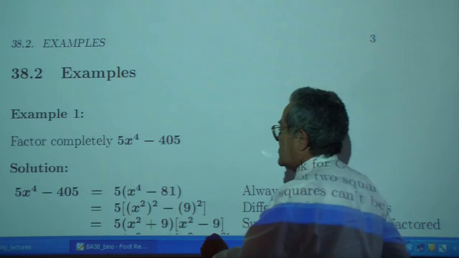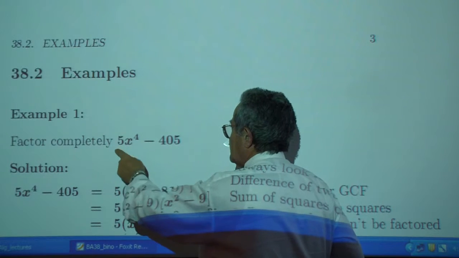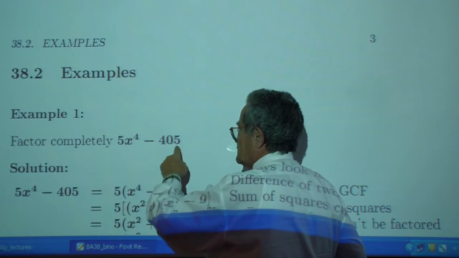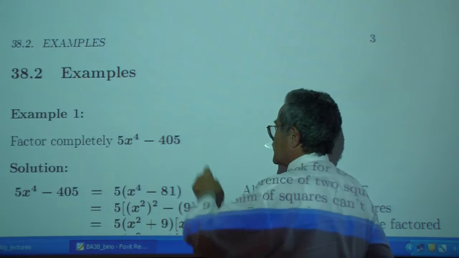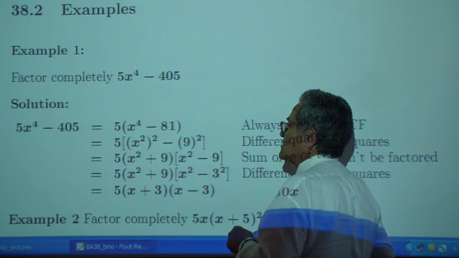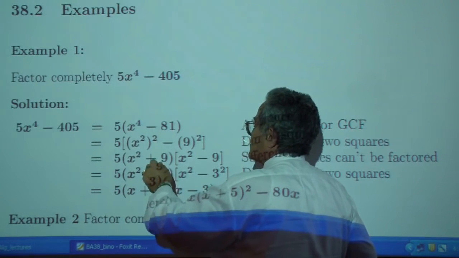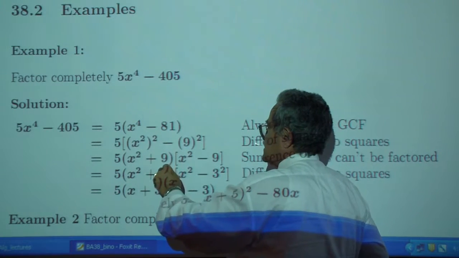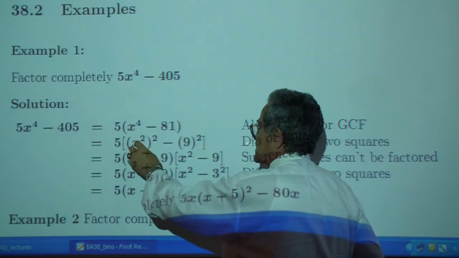Is there a greatest common factor? As far as the number is concerned, 5. This ends in 0, 5. So yes, 5 is the greatest common factor. There's no x in here. So, factor out 5. Rewrite this as x squared minus 81 as a difference of two squares, x squared